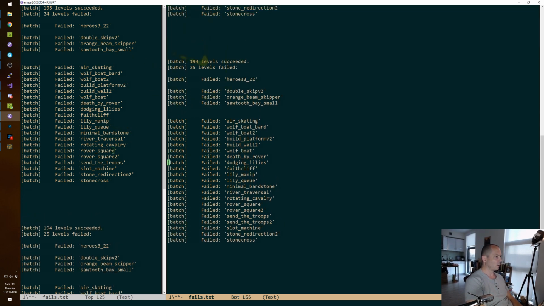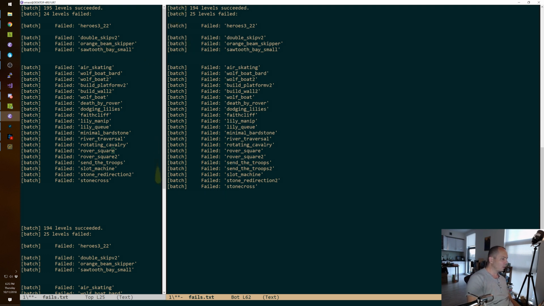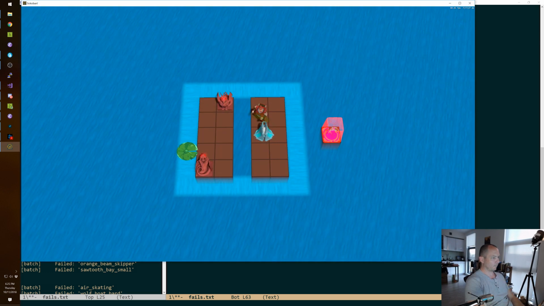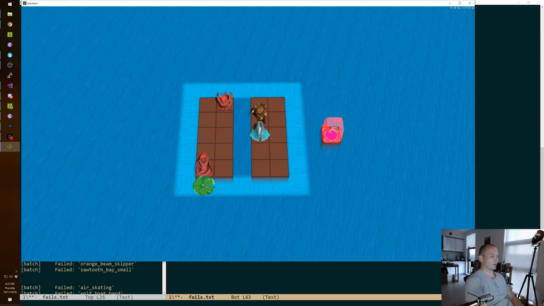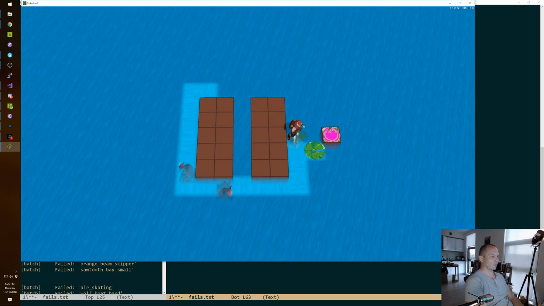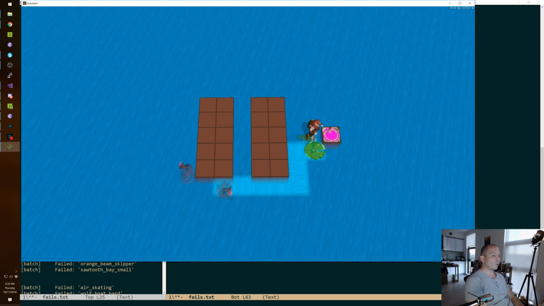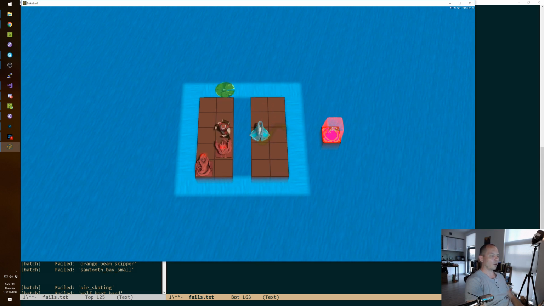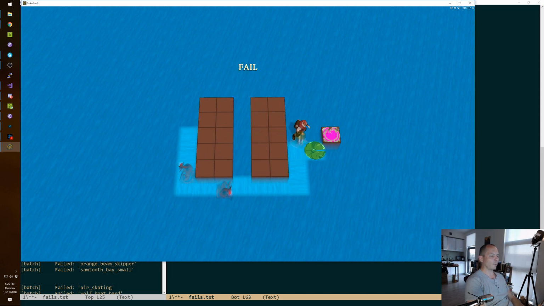Okay, this is serious business, like telling the truth. Rover square to send the troops. Send the troops to. Oh, this is just a lucky timing thing, I bet. Let's see. Oh! No, this is fine. Okay, so what's going on is we'll make sure that it's solvable, but